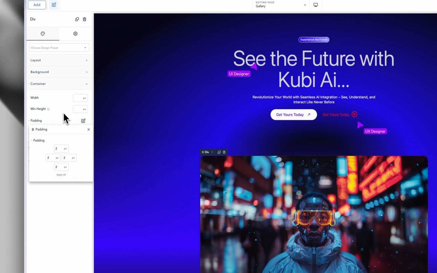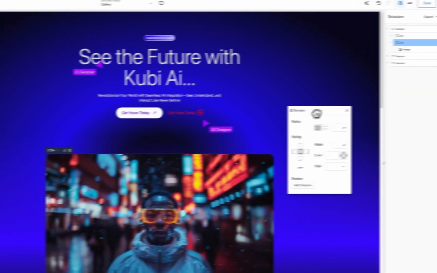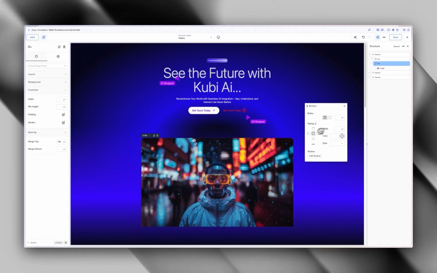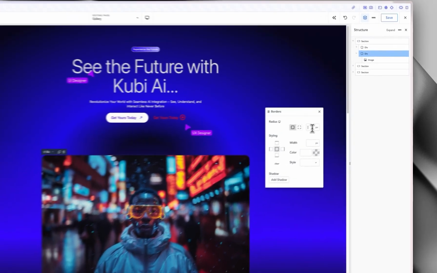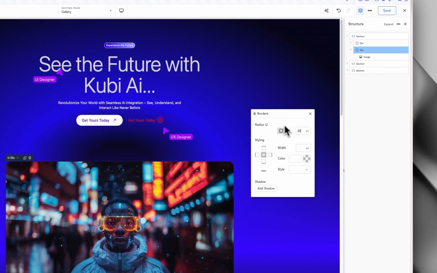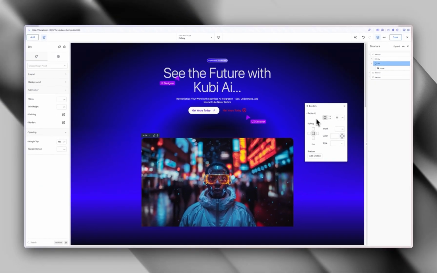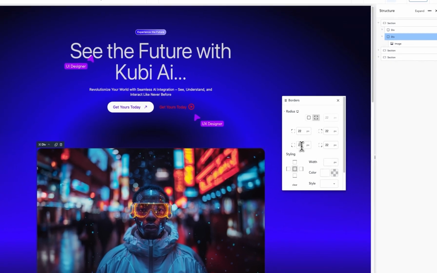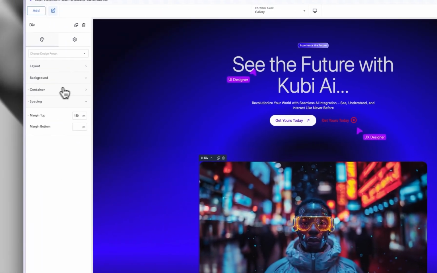So we do have that, and when you give it a 2 pixel pattern, when you go into your border, for you to calculate a better border around all of them, you have to add the radius of the internal item, which is the image. So it has a radius of 20 pixels plus your border, which is 2 pixels. So you have 22 pixels for your border radius for your container. Since we want the bottom to be more straight, I'm going to click individual and remove the bottom one. The next thing that I want to do is let's close this,